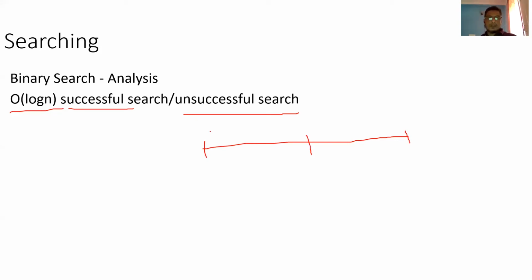The worst case could be like you got, let's say, the first item. First item in this case is the worst case scenario. Or the last item could be a worst case scenario. So what you do, right? You keep dividing the array. You finally discover that it is the first item, or could be the last item also. So it will go half like this. Finally, it will find the first or last, the same approach. So that could be your worst case scenario. Or the worst case could be that the item is not there. But even in the worst case, it will be big O of log n.